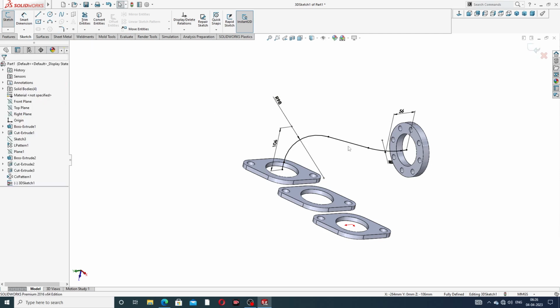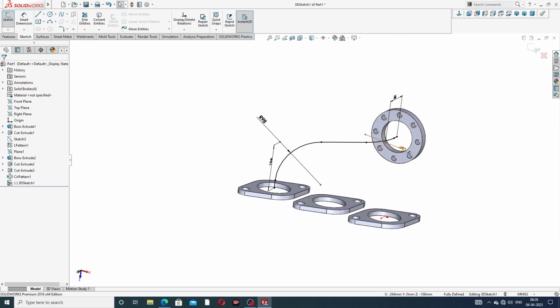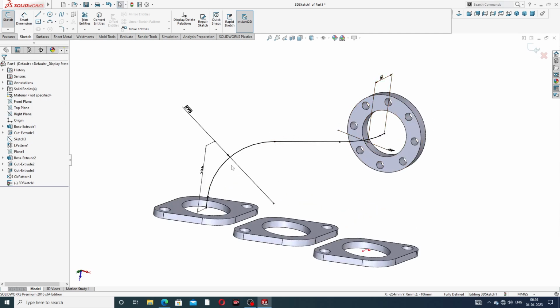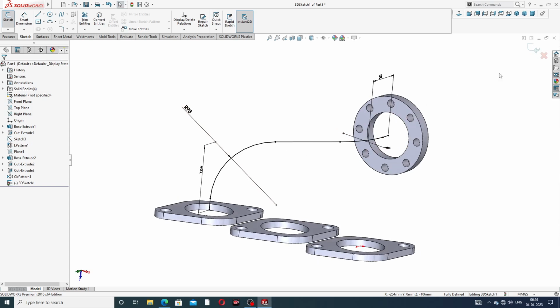Okay, all points are correct, but this part is drawn here, and again select a sketch,